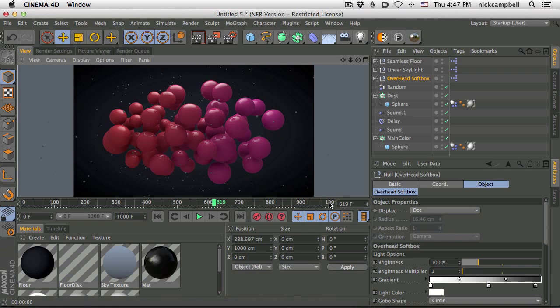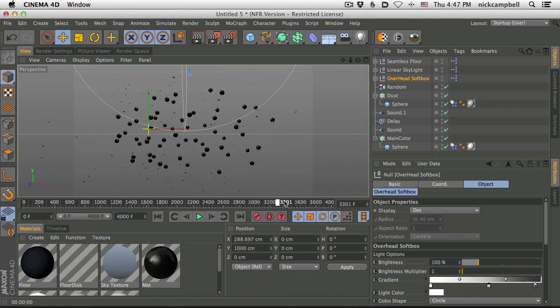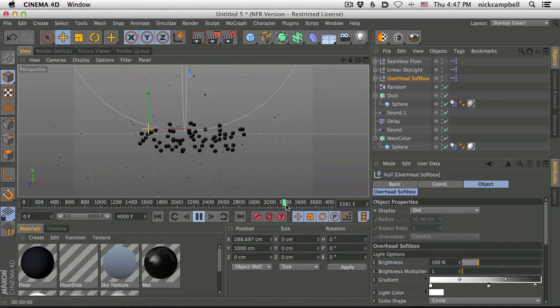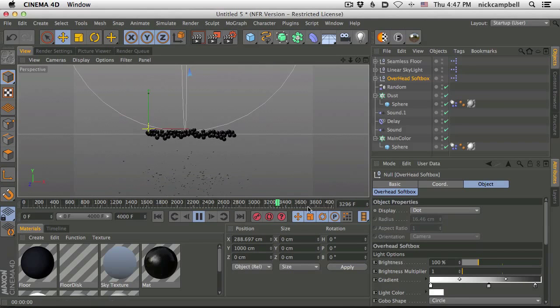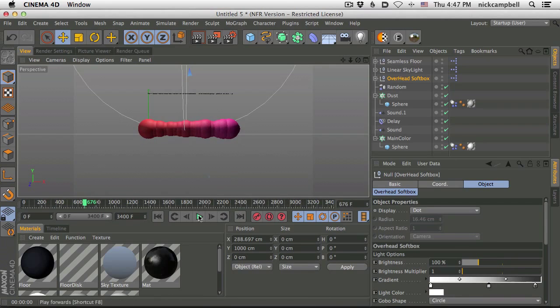So from here, I figured out the length of the song. What I really did was I made the timeline really, really long, like 4,000 here. And then I went and tried to find the end of the song. So is it here? It's a little further. Right there. Okay, so I found the end of the song. I gave it a little bit of time to settle, and I said, okay, 3,400 is about right. So I went to our timeline. I said 3,400, and now we have our entire song animated, ready to go.